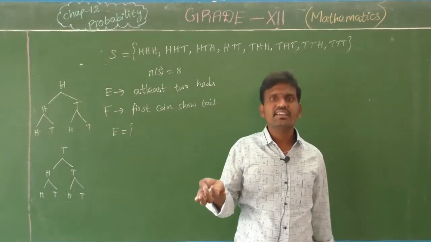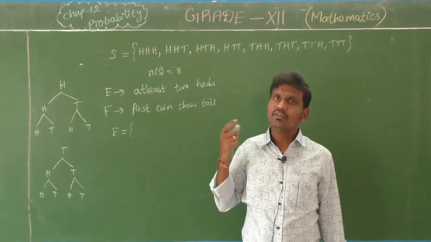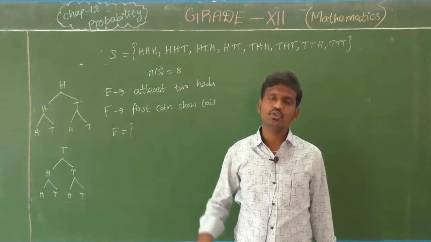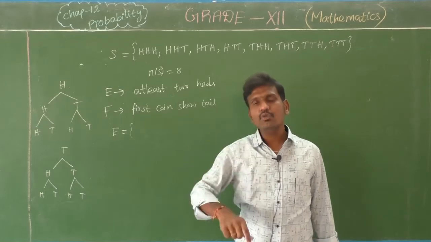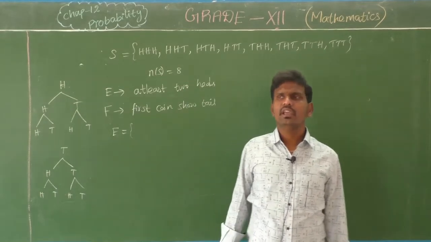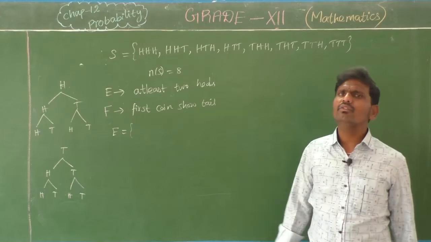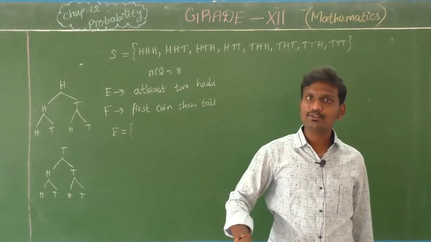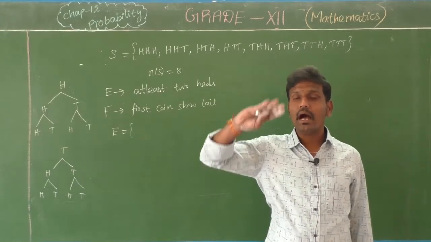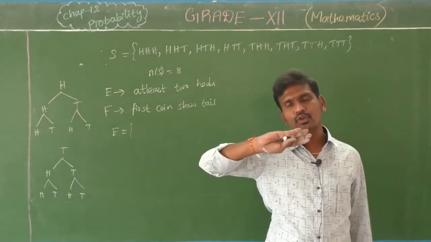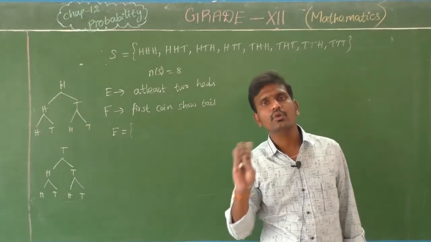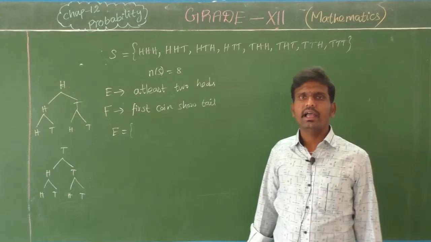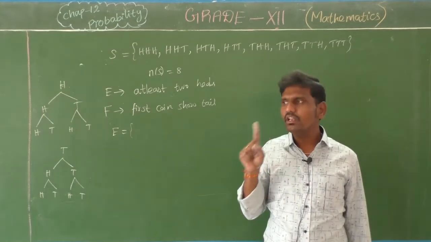At least, for example, if you are asked to do at least 5 sums of homework, you do 5 sums, 10 sums, 15 sums, up to the maximum you can do. At most means the opposite. If at most two heads, we take two heads and below: one head, and also zero heads, but above two heads we don't take. So that is called at most. And exactly, what is exactly? I need exactly two heads, meaning I need only two heads.